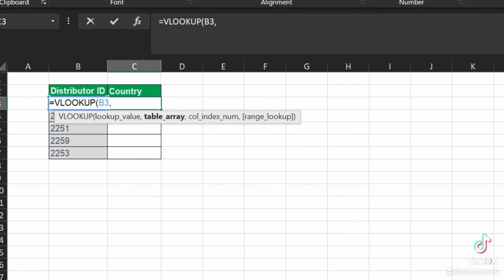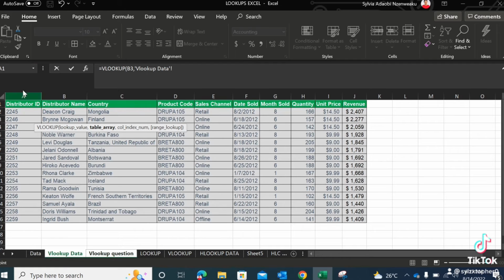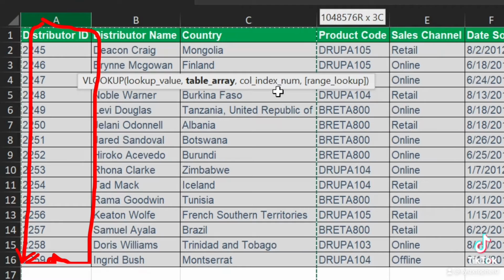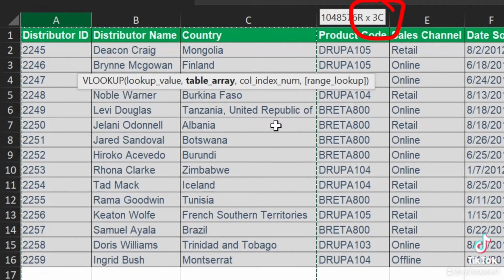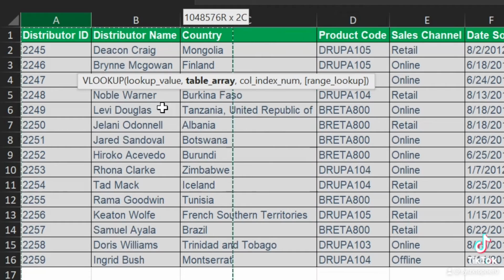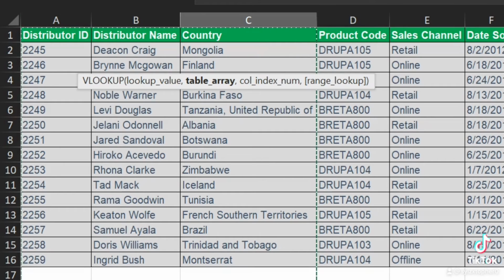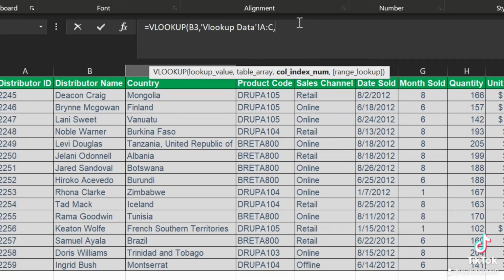Now we need the table array, so we go back to the data set, and then from the distributor ID, which is what the two data sets have in common, we will try to get the lookup number, which in this case is 3, and that is the third column from the reference point, which in this case is our distributor ID. So you put a comma in the formula bar, add 3, which is the column index number,